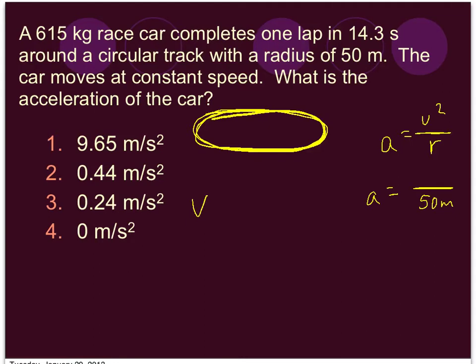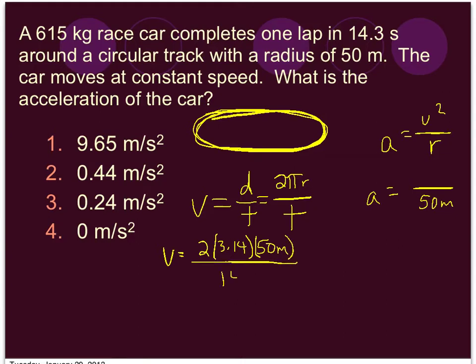So I can use my v = d/t equation and substitute in the expression for circumference, 2πr, for my distance. So 2 times 3.14 times my radius of 50 meters